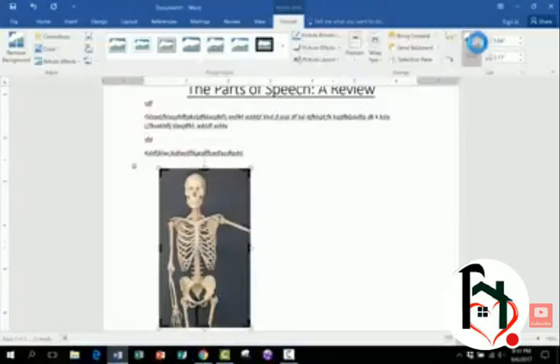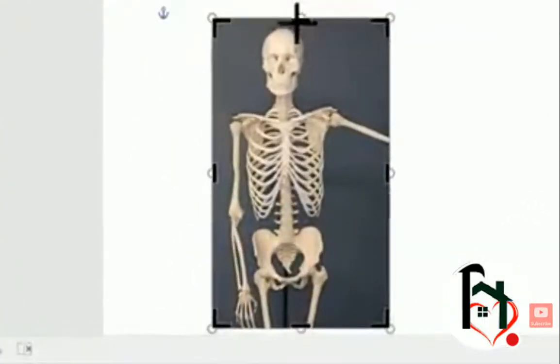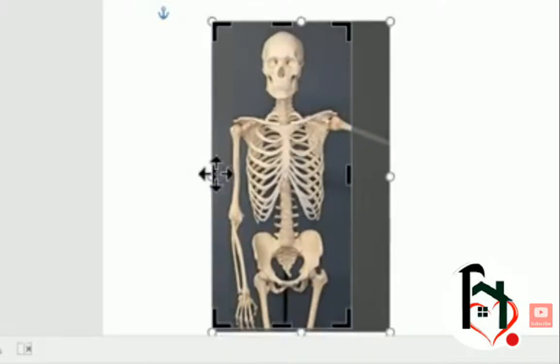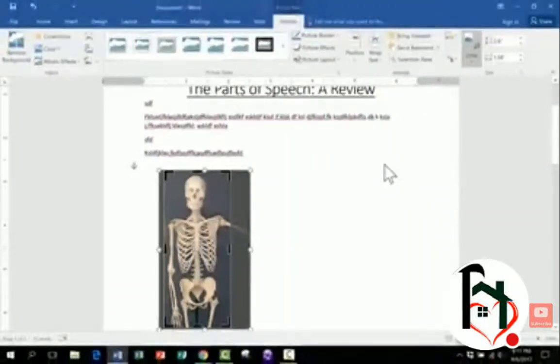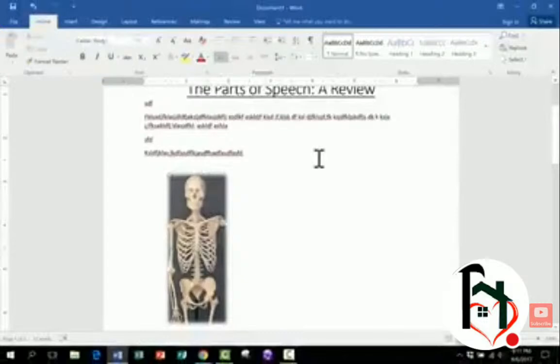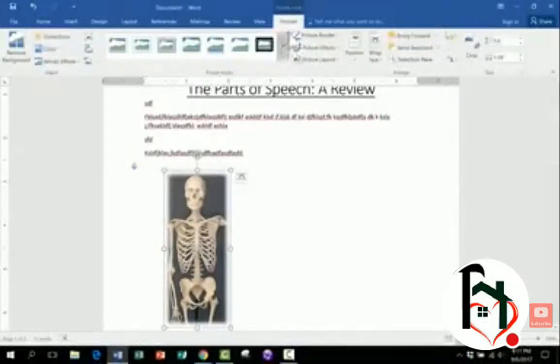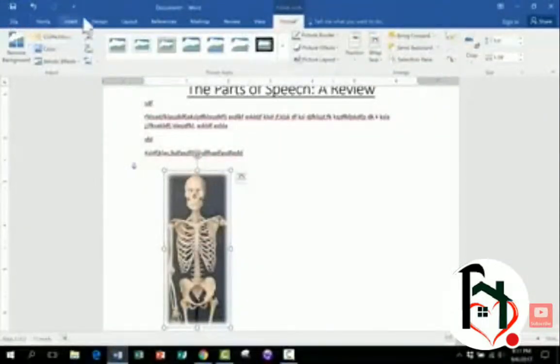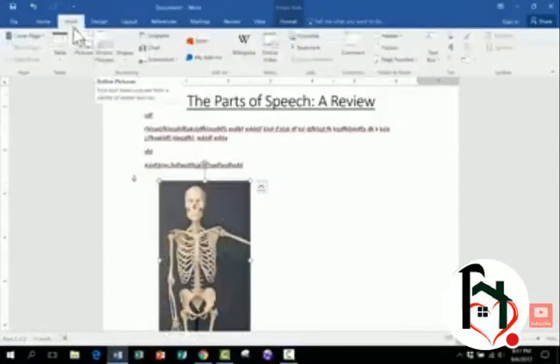You can also crop, and you'll be surprised how often this is helpful and necessary. So when I clicked on crop, it gave me some additional lines and edges and things like that. So I can use that to crop out part of the photo. I have to make sure I get the exact line there. And then I can just click outside the box and it makes that crop effective. So watch out for this Format tab. It'll appear and give you some wonderful options that you need to be aware of. There are also